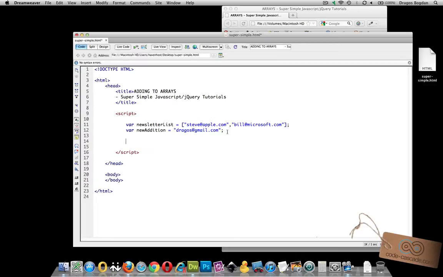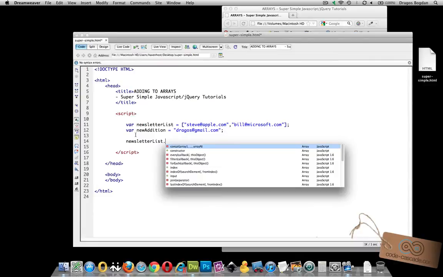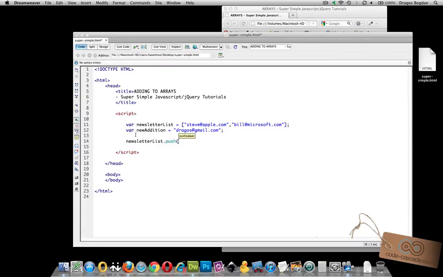So as I mentioned, all we actually need to do is use the push function. First, we'll start with the name of our variable, name of our array, which is newsLetterList, and then I'll do dot and then push. And then in there, it's going to ask me what value I want to push in there. Well, I want to push the newAddition variable, and I'll do it like that and save it,